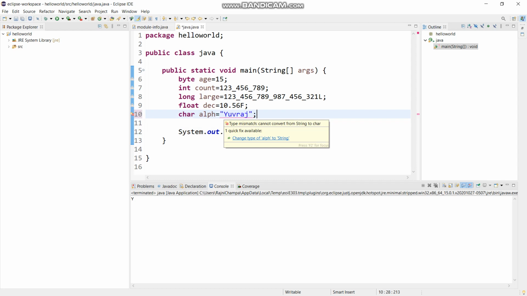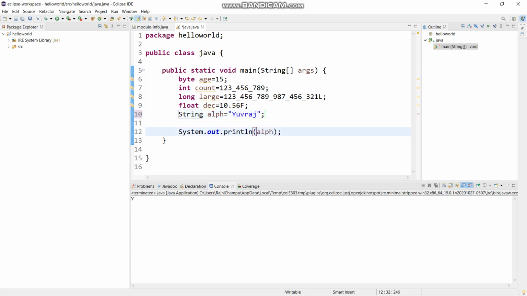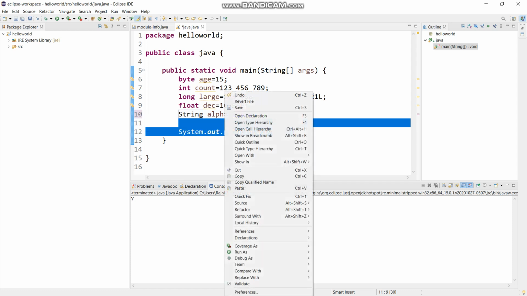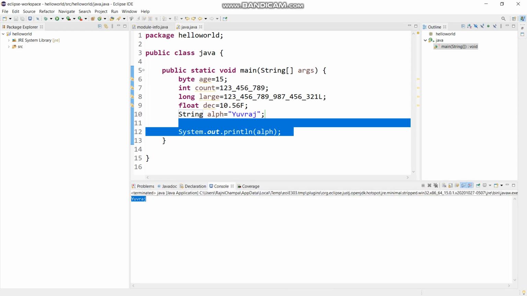So click on change type of alph to String. There you go. Now it is displaying a string and no error is on the line. Now display alph. Again run. There you go, you have written Yuvraj, that is my name.